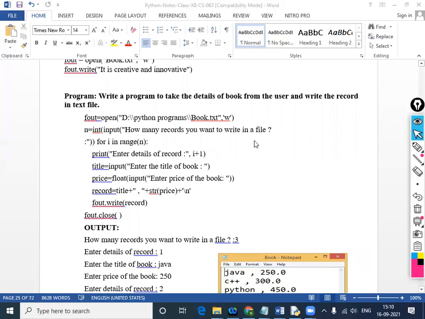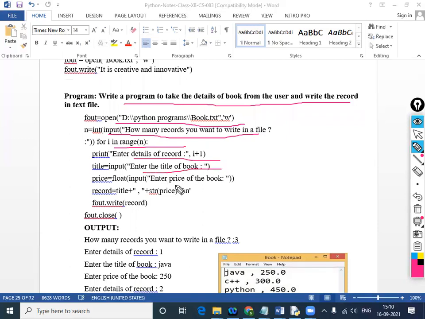Now we are writing records. Write a program to take the details of the book from the user and write the record in a text file. This is fout equals open, Python programs, W. Integer, how many records, for loop, details of record, title of the book, price, write the record, fout.close.